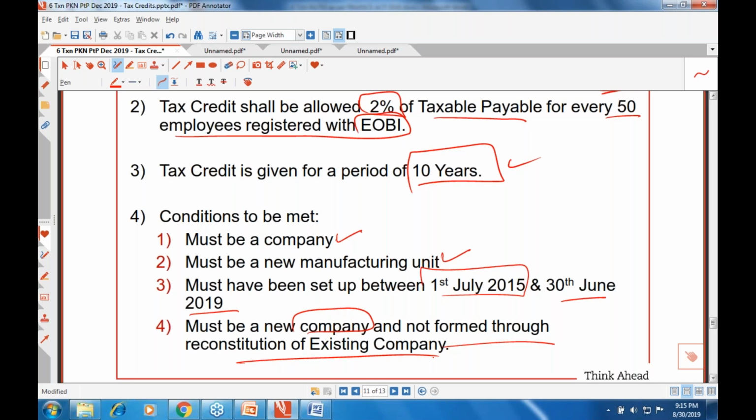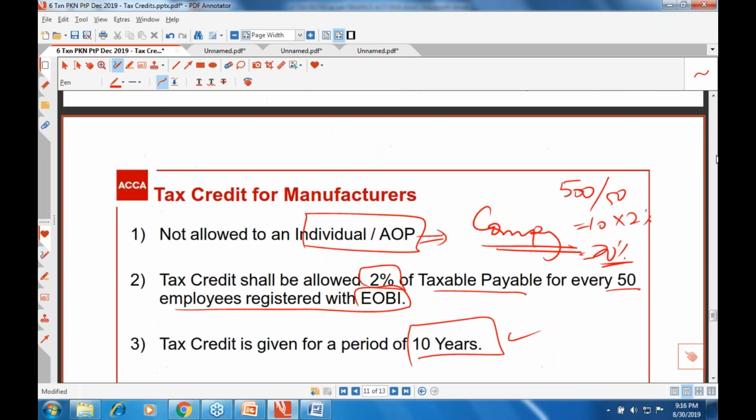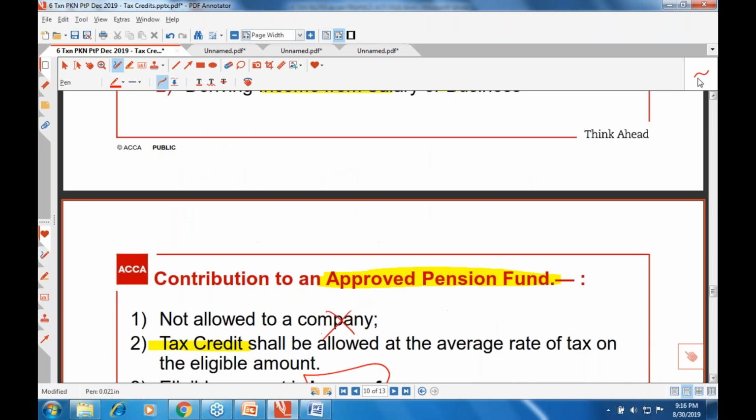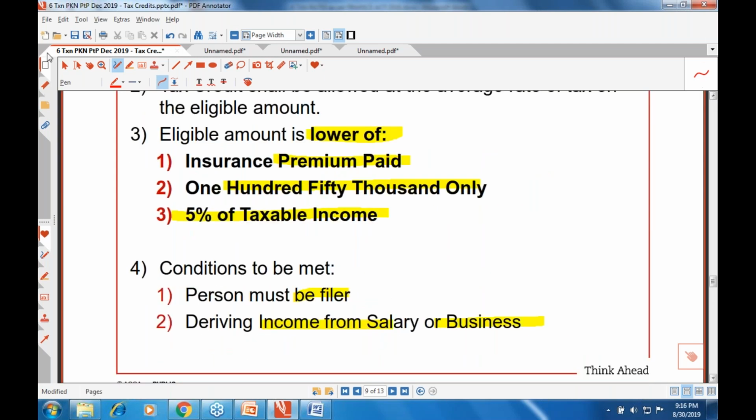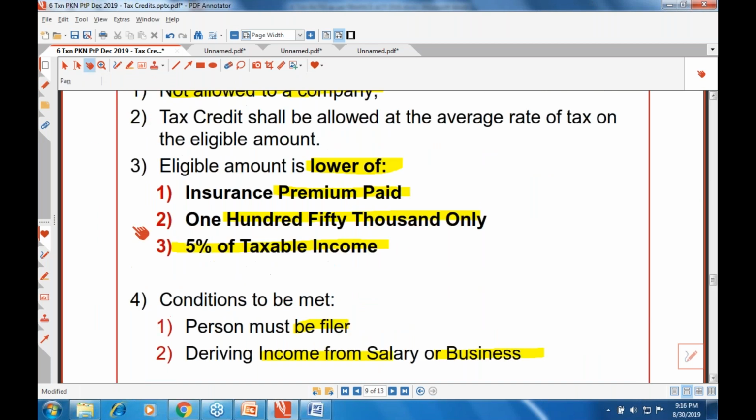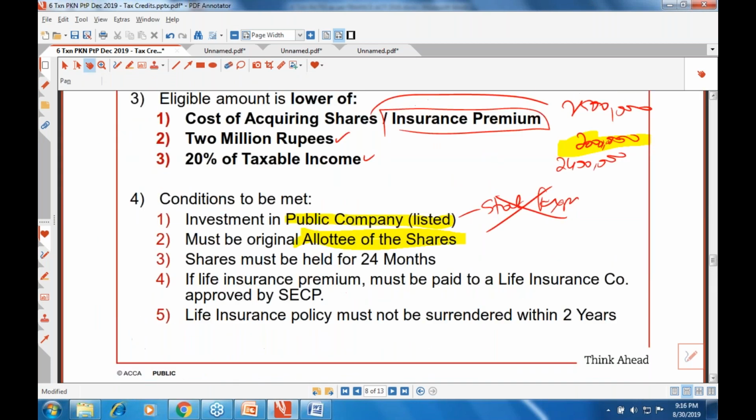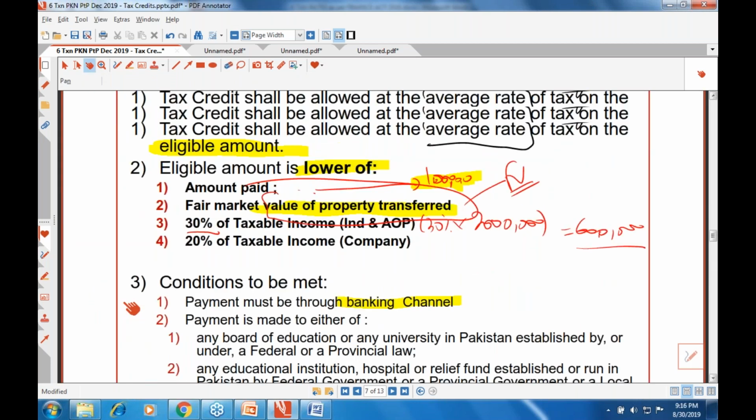I have a question from one of the students. He's asking how these credits are claimable. Do I need to show the evidence to my employer, or is this only claimable via filing the return? No, Mohammed Amin, I am going to explain to you. For example, if I am a salaried taxpayer and I'm working in an employment, there is actually a form on the FBR website that comes in, and what you could do is that